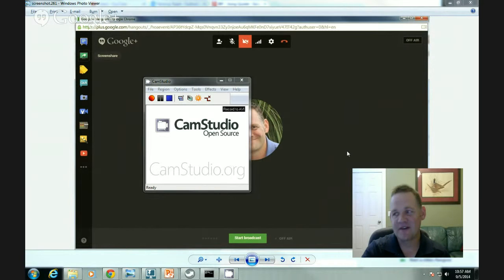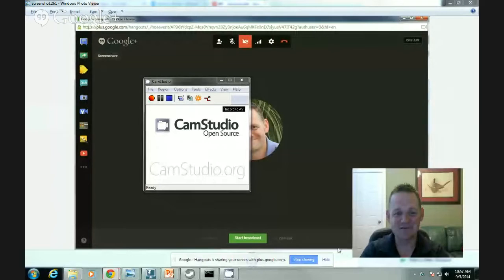So, in fact, I'll click back over to the other screen, and now you'll see that this is my backup webcam that we're actually looking at. So I've got two webcams running because I've got two applications using webcams, and I'm doing that for a specific purpose. Alright, so to come back here to my sharing screen again, I don't want this Hangout to run too long for us, but